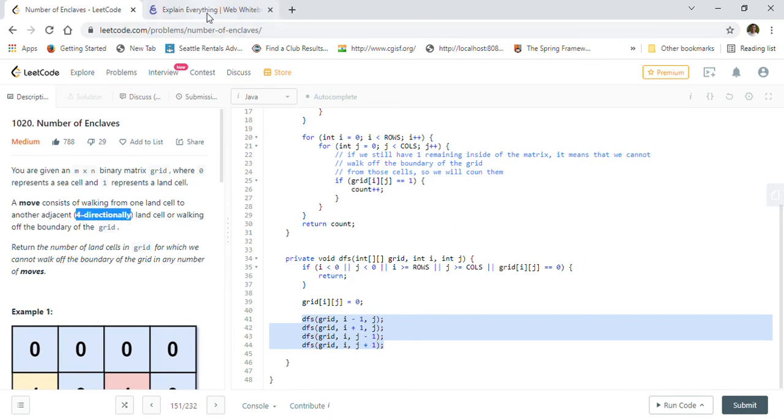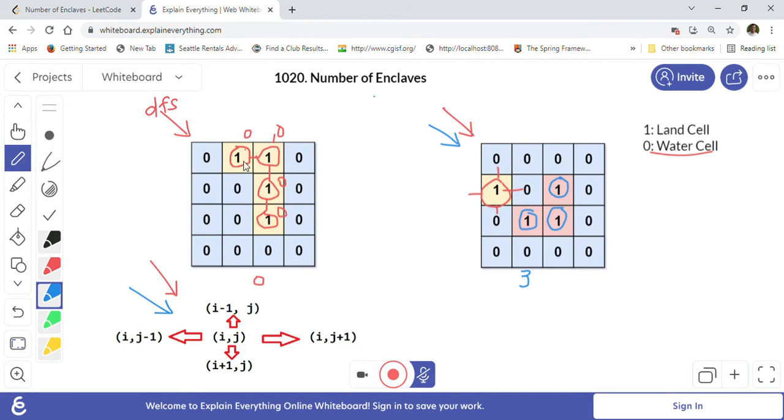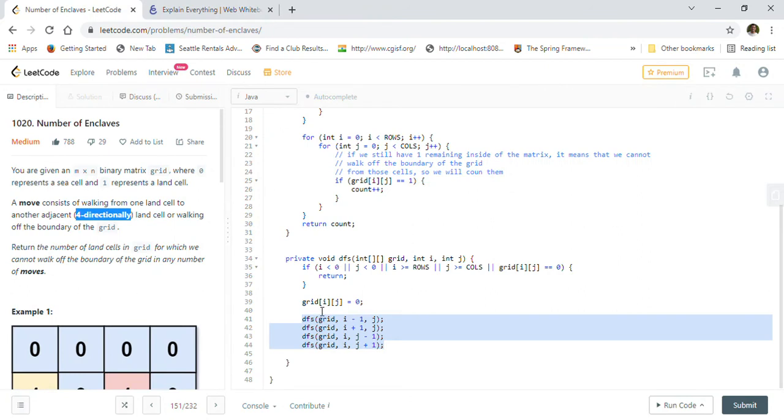So what this DFS will do is, let me just backtrack this color so I can reuse this space again and show you. Once we, for example, start with this cell, it will go and try to cover the other cells which are connected to that one in 4 directions, like this. This is what the DFS does basically. And it makes them 0 also. Whenever it visits a cell, it will convert that 1 to 0. Here we are converting it to 0.